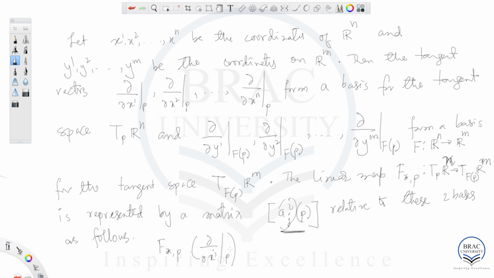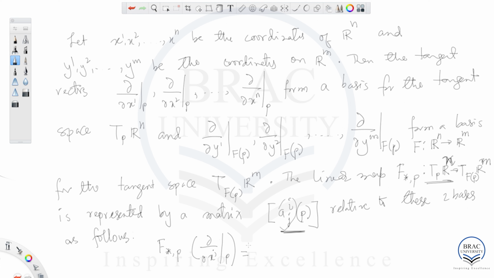This is a tangent vector here, and this is equal to, since it follows from the definition of matrix representation of a linear transformation,